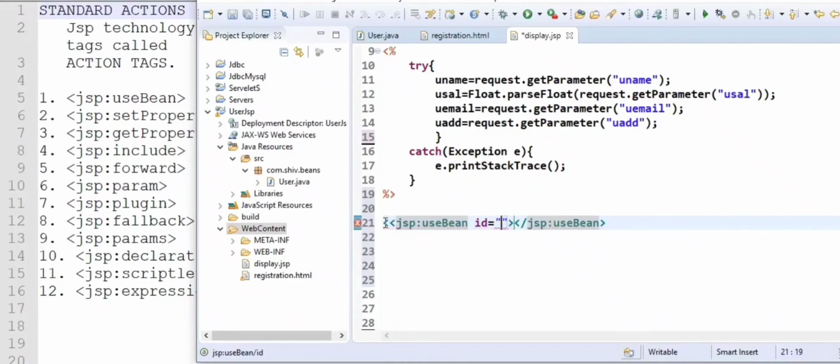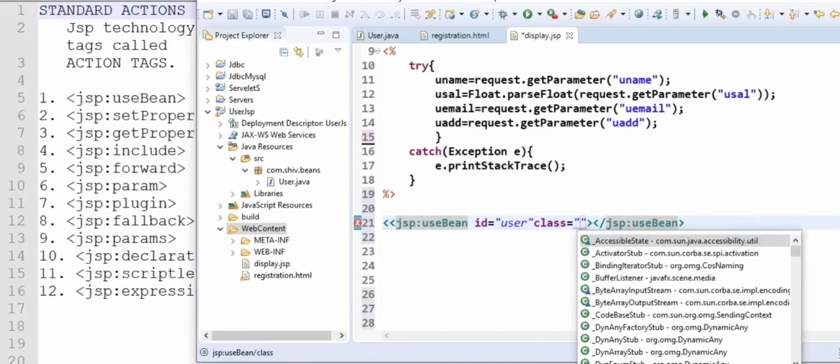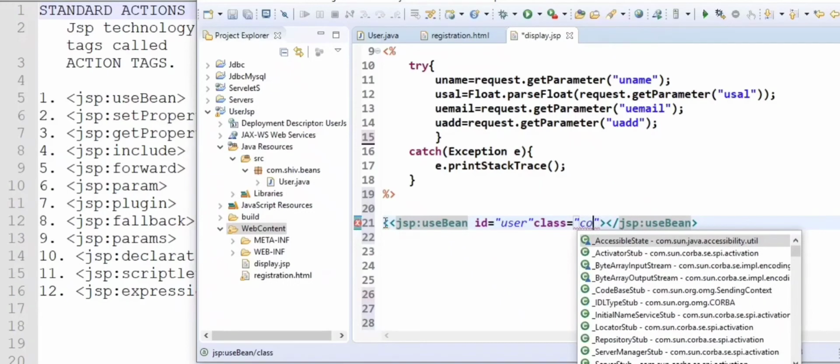useBean, we will give its id name as user, and the other attribute is class. In this attribute we have to give the fully qualified name of our class.